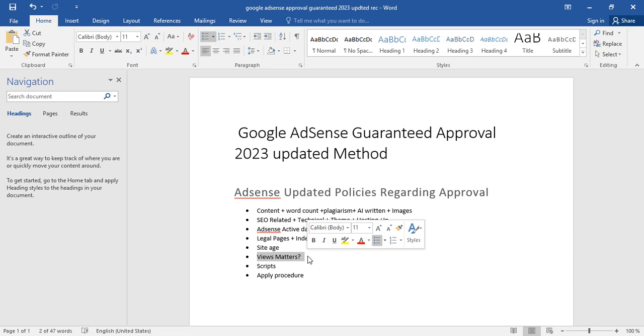It's my second opinion. The first opinion is Google AdSense never mentioned it. Google AdSense says it does not matter whether you have views or not, if you have quality things, if you are following the criteria, if you have good quality content. Then why would you not have users? If you are following the criteria and you have users, you will have traffic. So in my second opinion, I think it matters. And if you are following the criteria, you will have traffic, and if you have traffic, Google will give you approval.